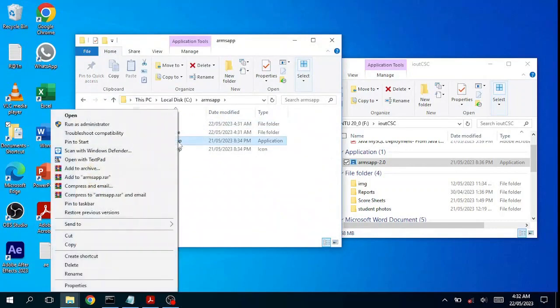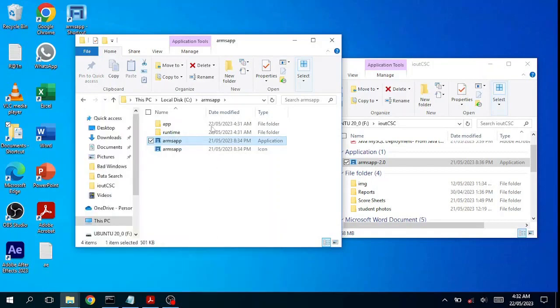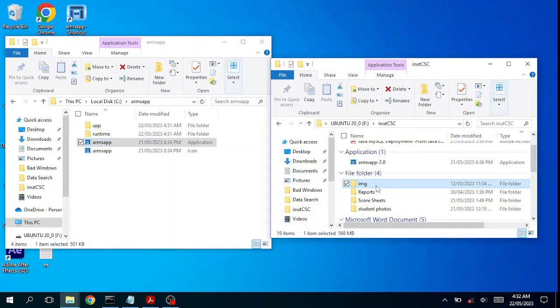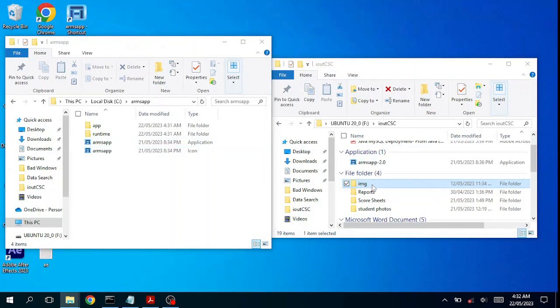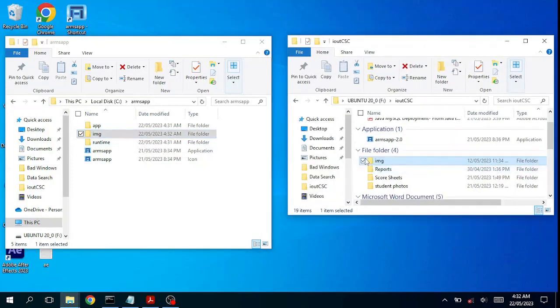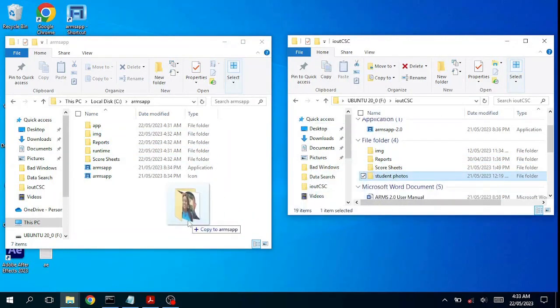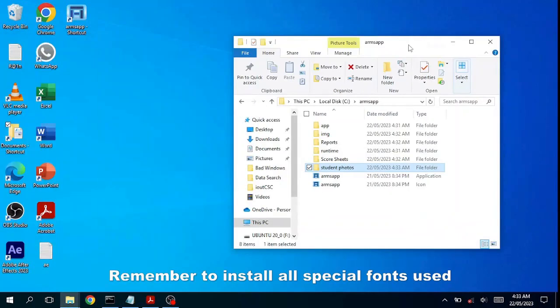We can create a shortcut. Before you start using it, the important directory like photograph or pictures, you must copy it and put here. This one is enough to make it run. But since our software uses other directories, we cannot equally copy them and put here also. Now let's just copy this because it is something we are going to use later, but it's not compulsory. So let's test our software